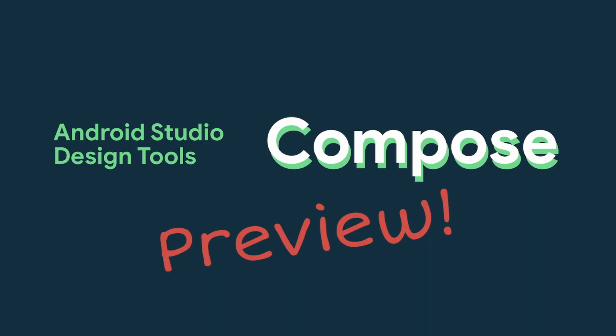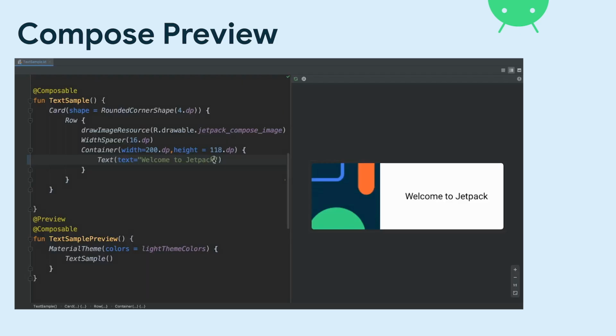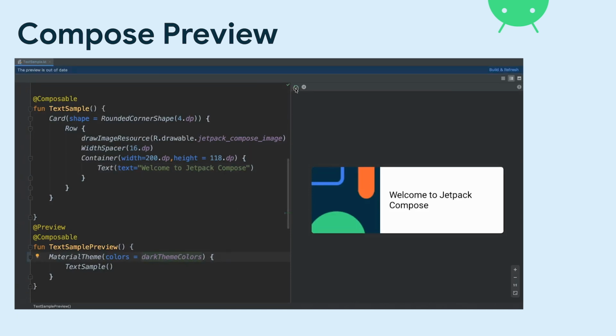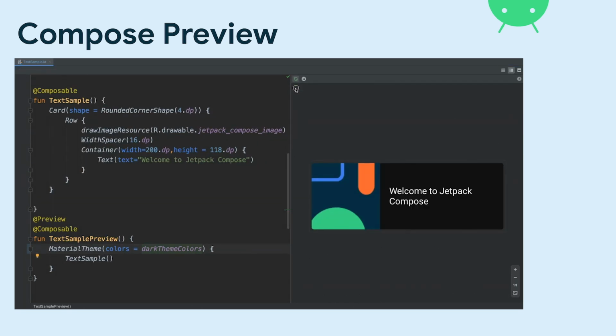And that brings us to Compose and what type of tooling we are going to support in Android Studio. Bear in mind, this is just a preview. A lot of that is being worked on as I'm talking, but we are really excited about it. So the first thing that you'll find if you're trying Compose is we show you a preview of your layout straight next to your code, a little bit like what we do for the custom view. You can see the immediate result of what you're typing.